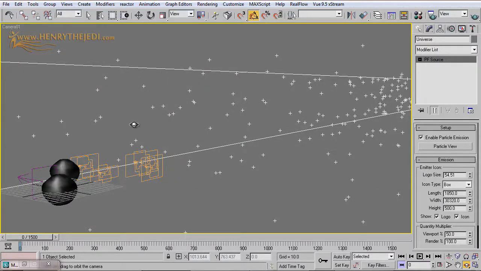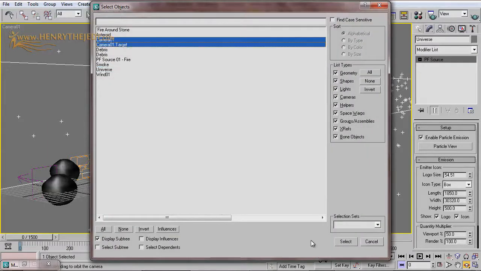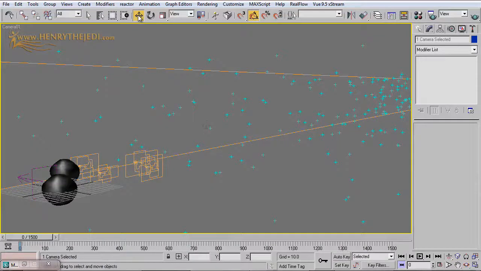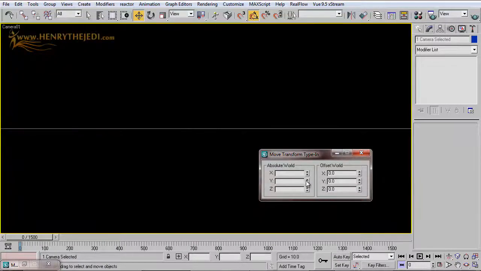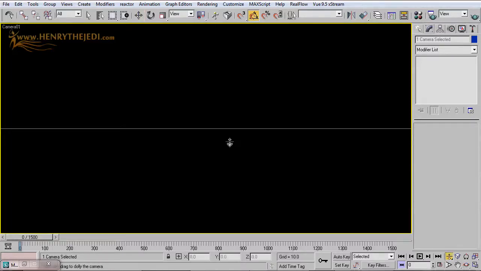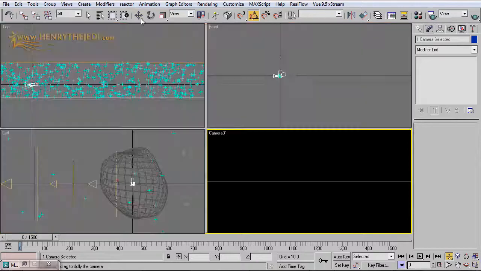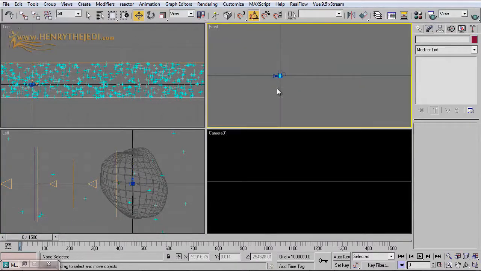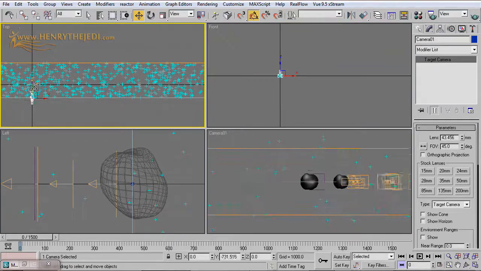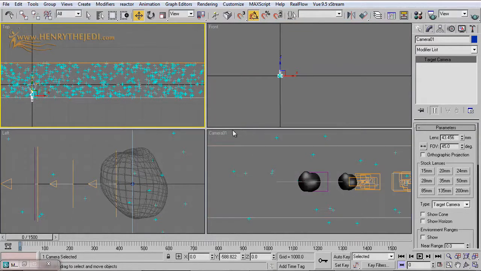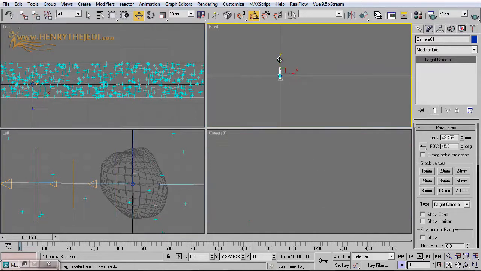Now we have to position the camera in the center of everything. Select the camera and its target. Select the moving tool, and then right click on it and turn each of these units to 0 by right clicking. Okay, and then we are slowly going to see, where's the camera? We're going to select the camera itself now and slowly move it out, as you can see, and tilt it,